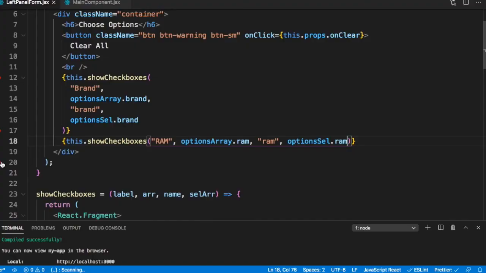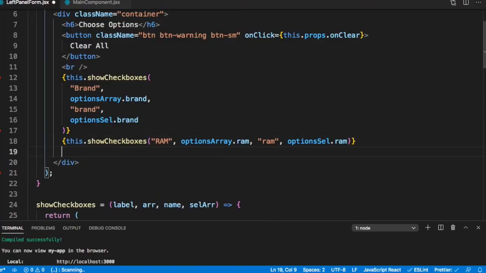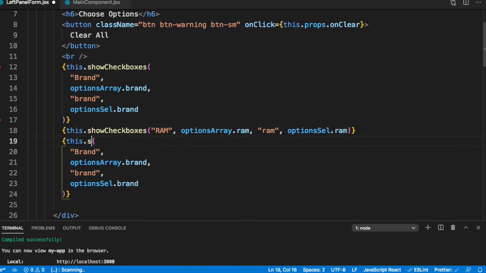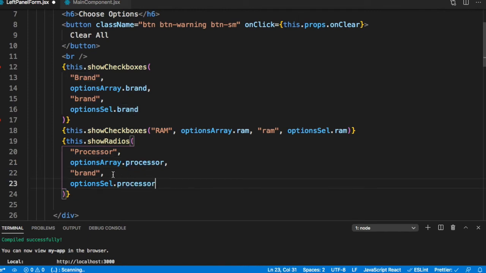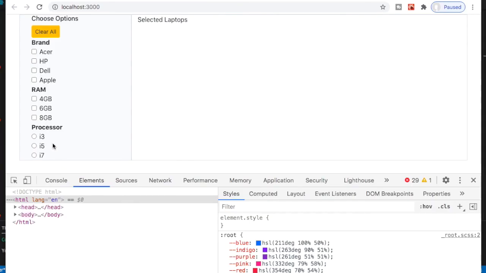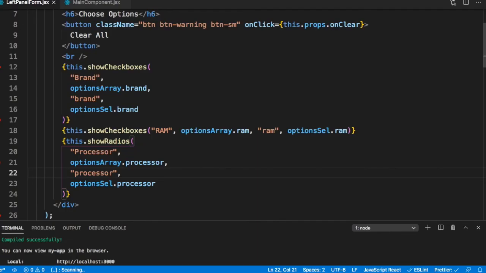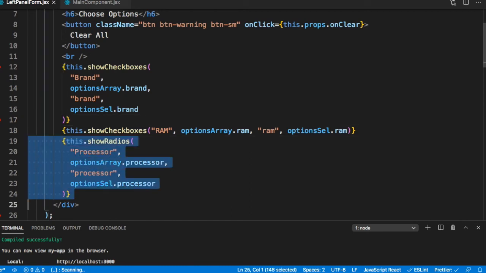So this is fine. Next, what do we need to do? We need to show, so this will be, instead of show checkboxes, it will be show radios. And this is a processor. Let's test. So we get all our processor options, right? And then we need our ratings. So let's just show that.